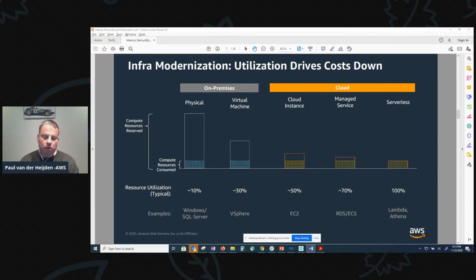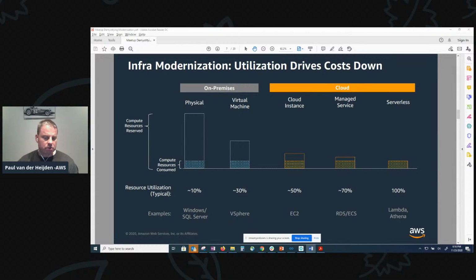So now if you move further to a managed platform like RDS, which stands for Relational Database Service, or EKS, our Kubernetes service, more resources are shared and automated, allowing even for more optimized utilization of compute resources. And finally, as you move to a serverless architecture such as Lambda, compute is consumed as code, and that is triggered or executed in increments as small as 100 milliseconds. And this allows for billing to be based on true consumption of compute resources.